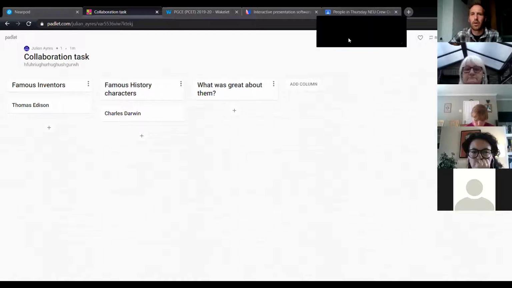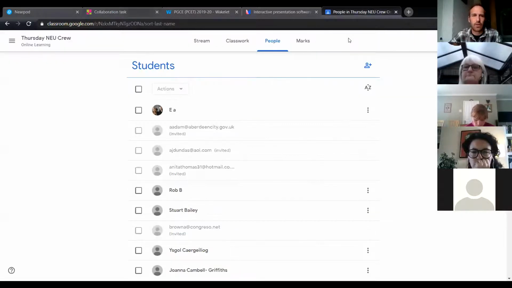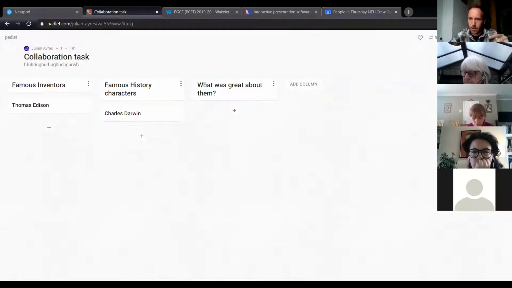Now, one thing that I would say is that that isn't going to automatically update on the classroom. What I would then do is probably put a little message saying, I've now added a new element to the Padlet activity. Please go back in and add your next section. So the great thing with Padlet is it's always saved and